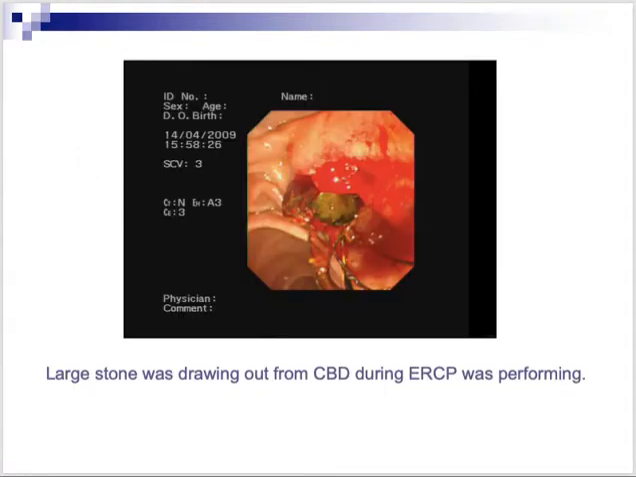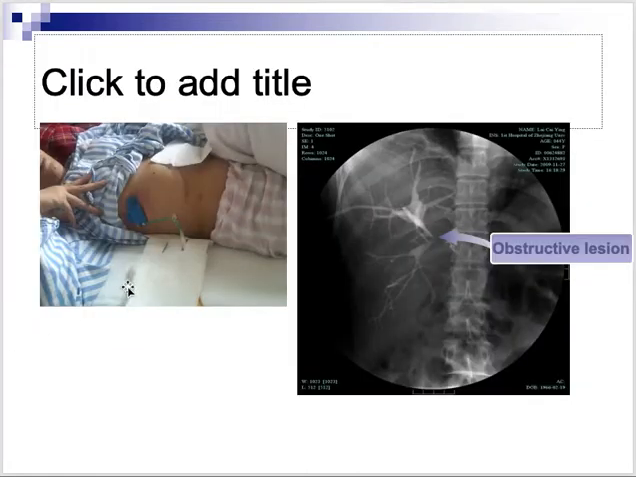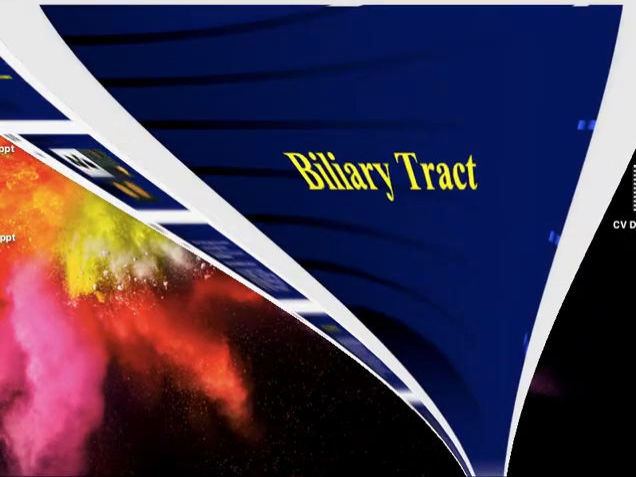Also I talked about PTC, percutaneous transhepatic cholangiography. You can see over here, they are approaching the duct percutaneously. So this is kind of a revision, and then there is something called T-tube cholangiography. Now, today we are going to discuss the remaining topics related to the gallbladder, as well as